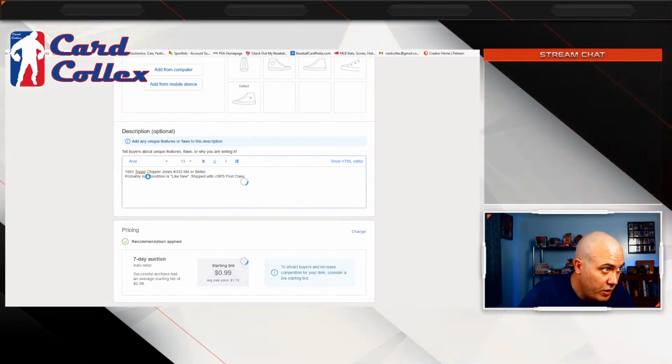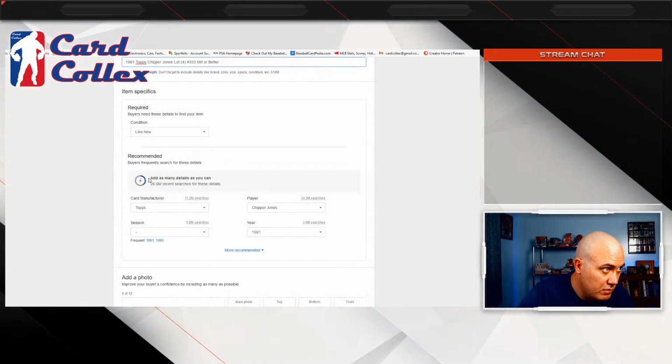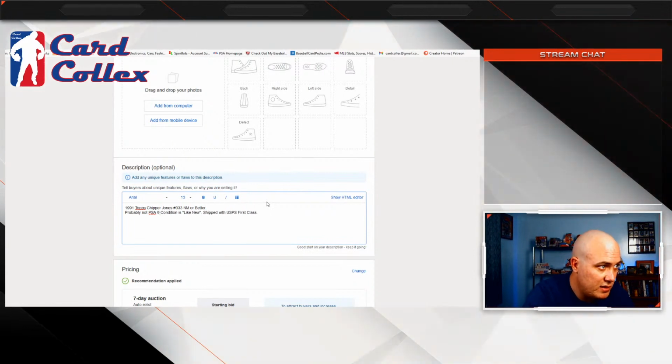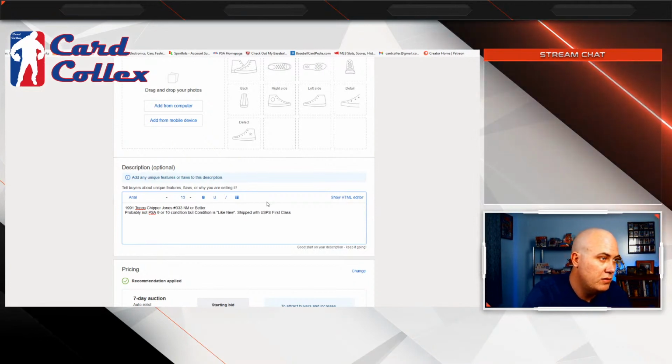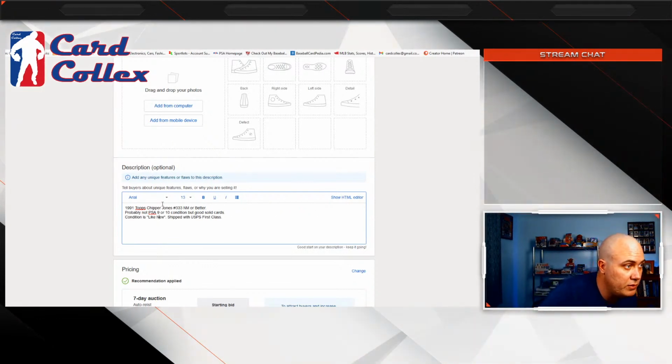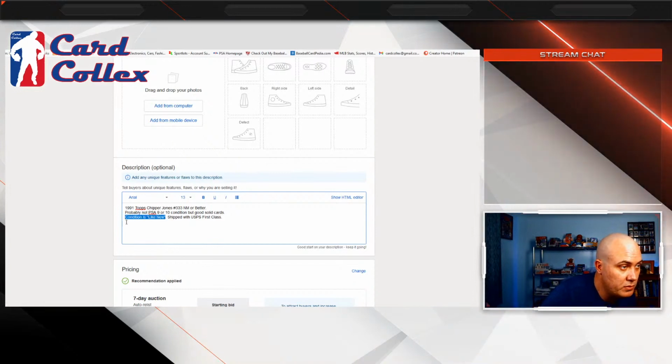Or better, probably not. PSA 9 or 10 condition, but good, solid cards. Good enough. Condition is like new. Not gonna put that on there because that just looks cheap.